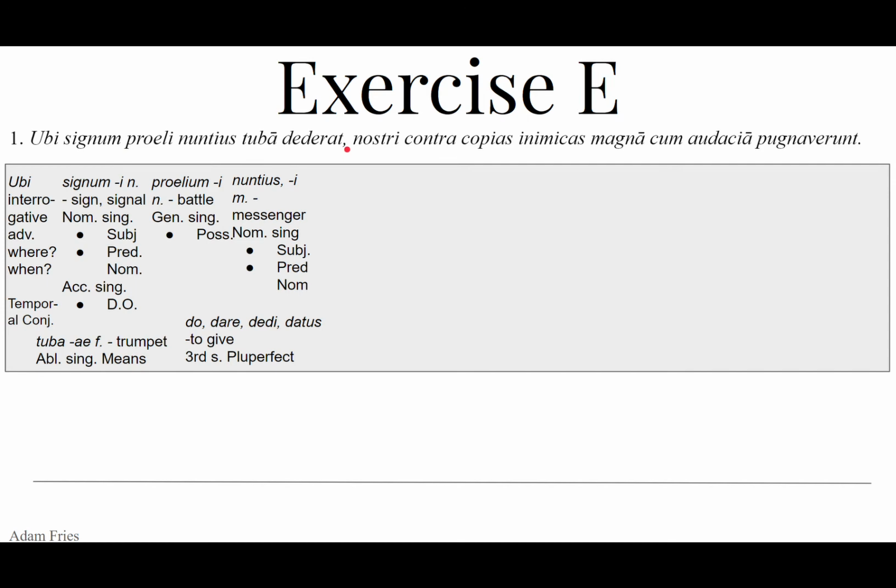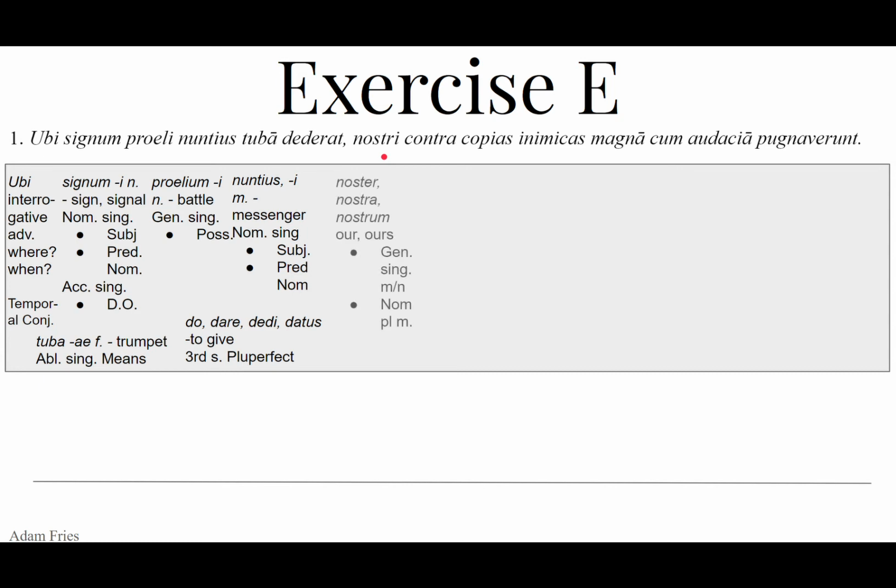Okay, and then the comma, thank you English editors, that indicates that we have reached the end of our clause. So we're not asking a question here, are we? This is when starting a temporal clause. A temporal conjunction to introduce us to a temporal clause, a time clause. It's giving us the time when something happened. When the messenger had given the signal of battle, the battle signal on the trumpet, there's more stuff about to happen. The main clause has yet to happen. What happened when the messenger had done this? Pluperfect.